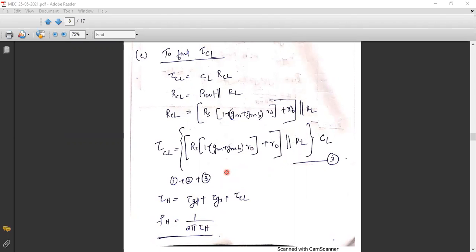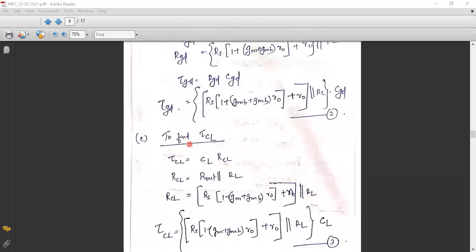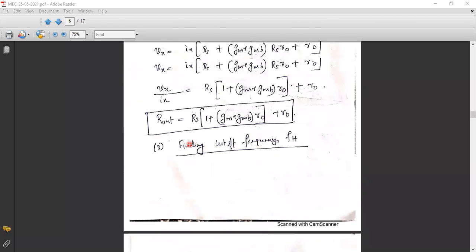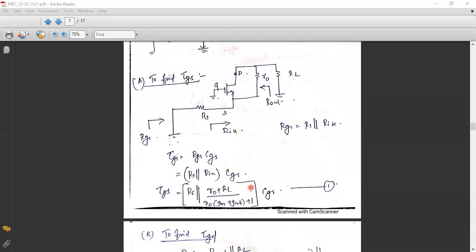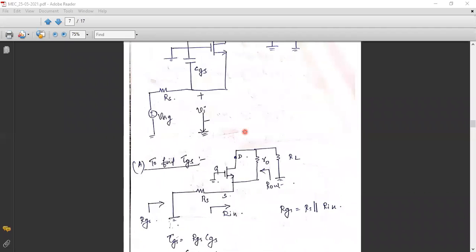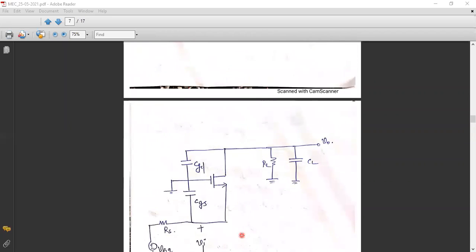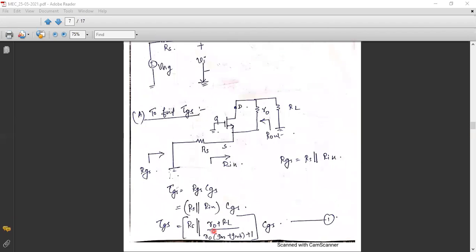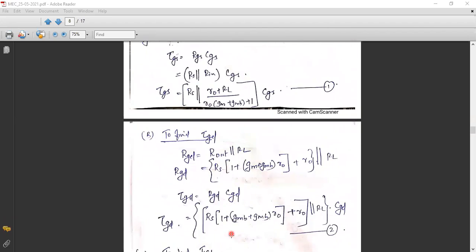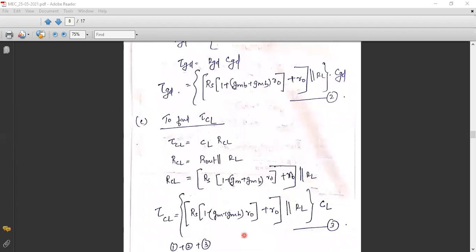So this derivation is very important. Okay. If they are asked to solve the frequency response only, I mean to find the cutoff frequency only, you can start from here. Don't go for R in and R out. You can start from the cutoff frequency, the equivalent circuit, and the 3 steps, 3 equations, add them and solve for FH. So you have to remember the equations for R in and R out in that case. Clear?